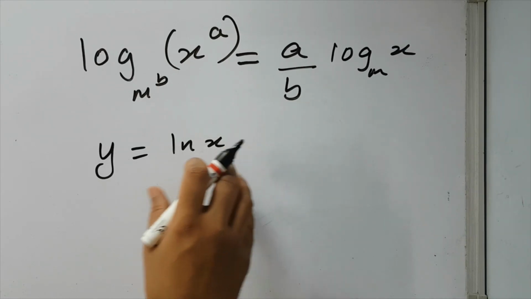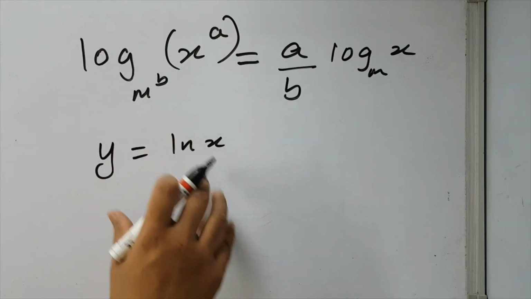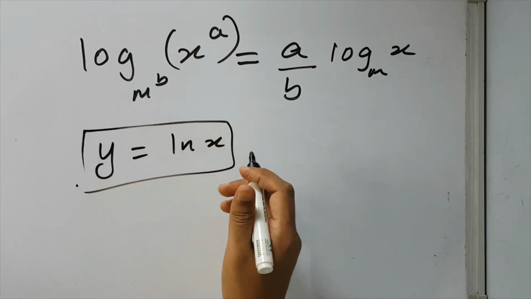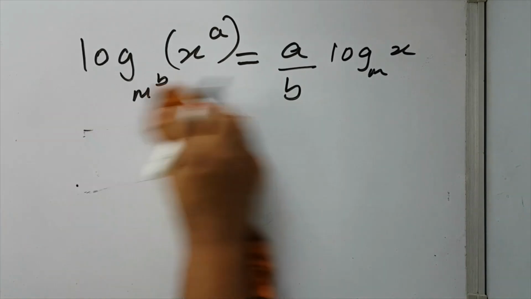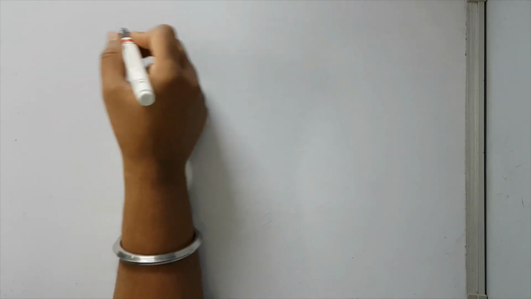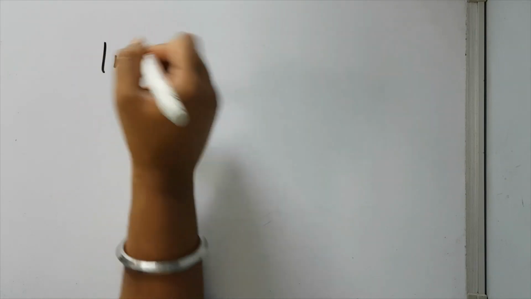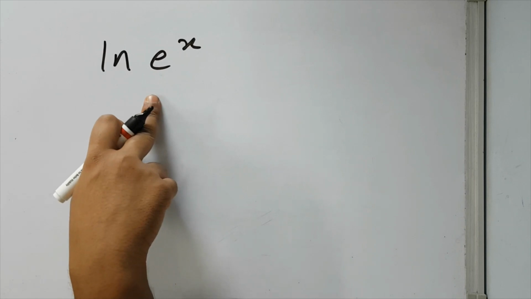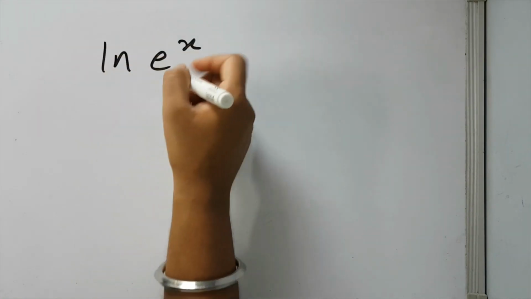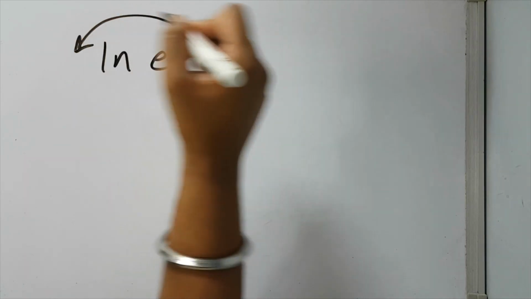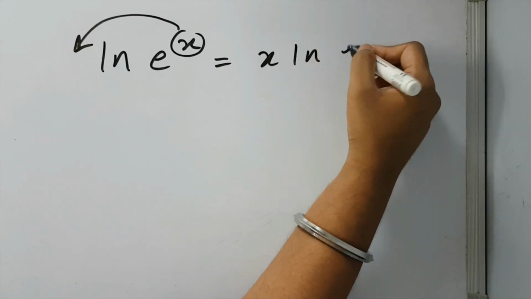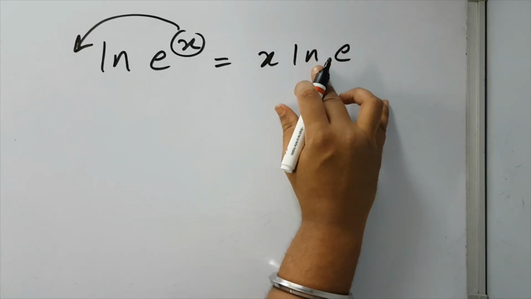Okay, now logarithmic function is related to exponential function, especially this one natural log. वो कैसे related है वो देखते हैं. What would be ln of e raised to x? बहुत बार आएगा ये ln of e raised to x. ln of e raised to x using the property कि ये पावर आगे चल जाएगा, this would be x ln of e.